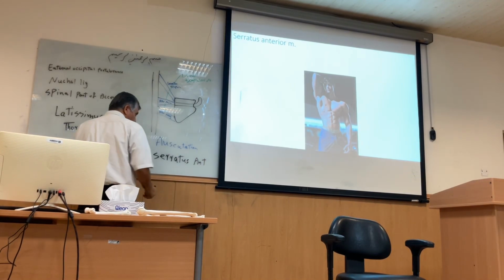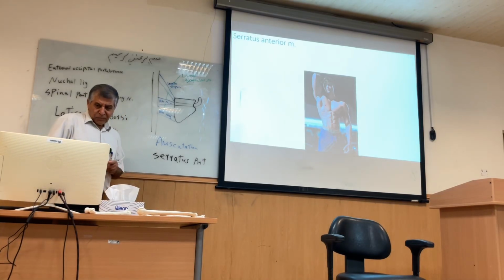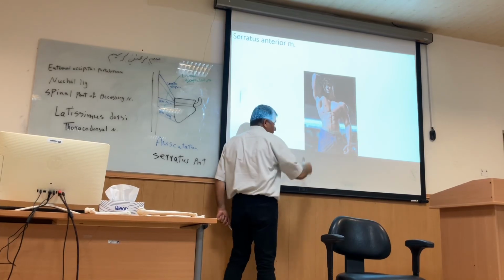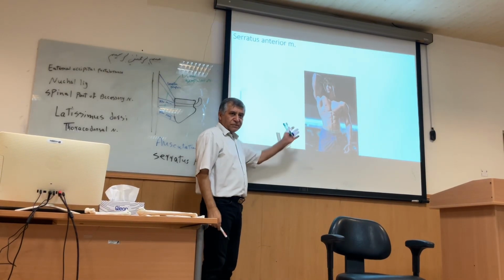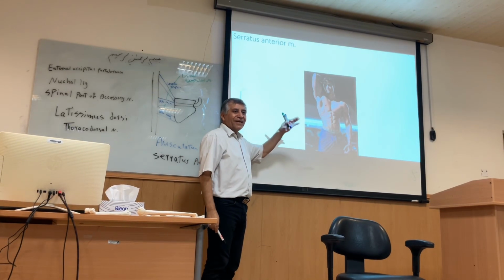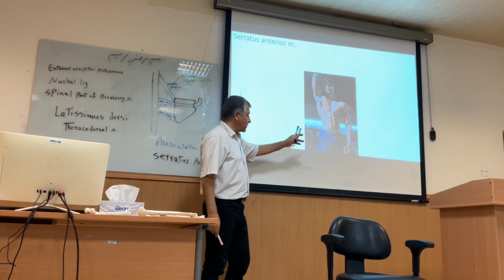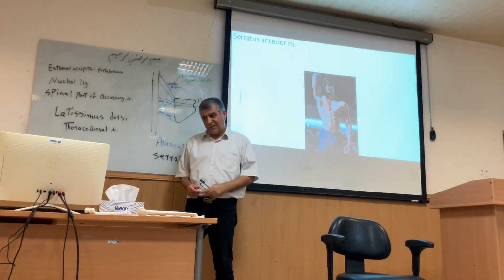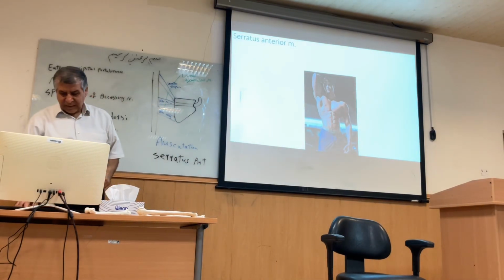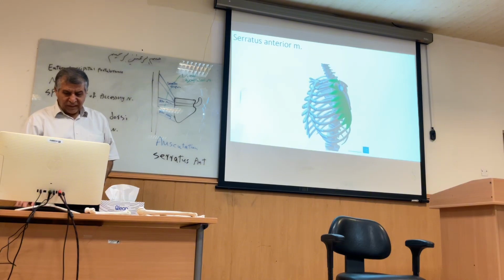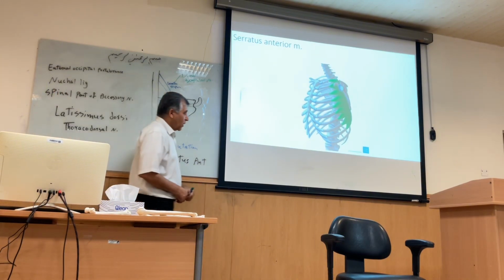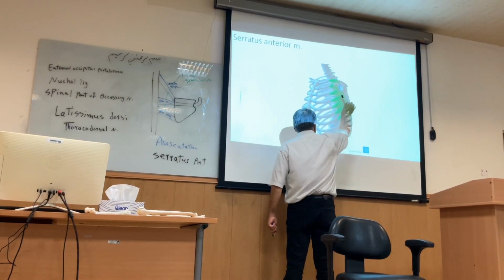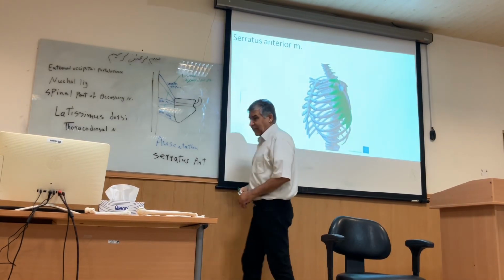Origin from ribs, the upper 8 ribs. In this figure you can see it originates from the upper 8 ribs and moves toward the scapula. And it inserts to